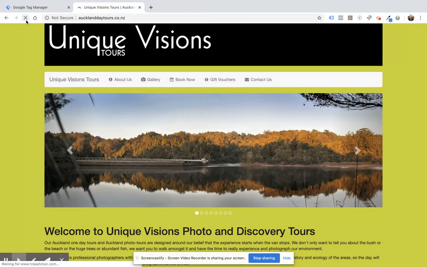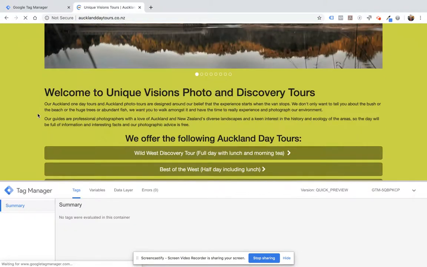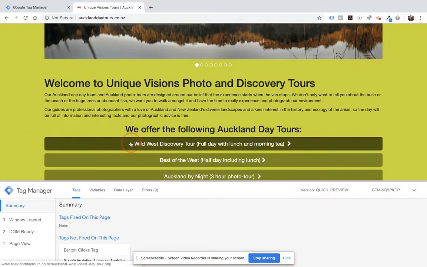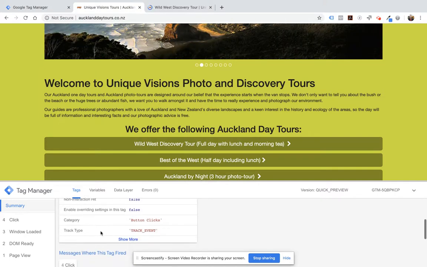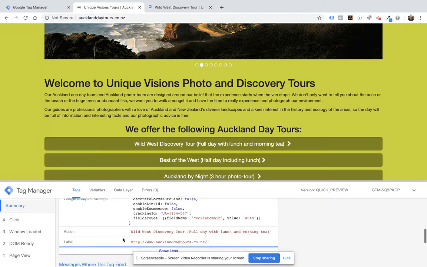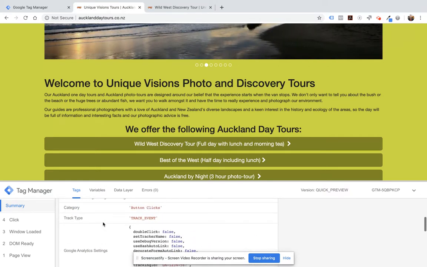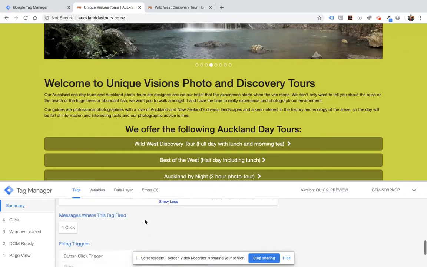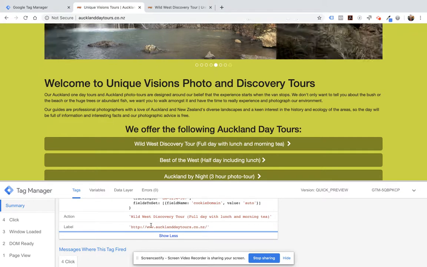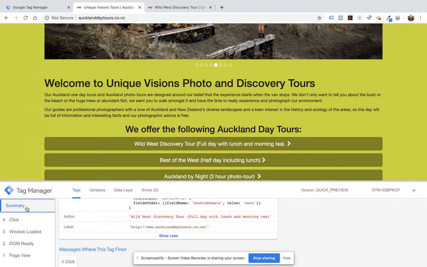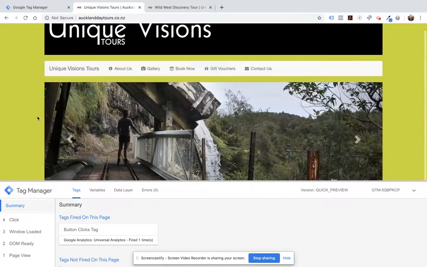Now if we give this a test, this should fire. Perfect. So now we'll send an event to Google Analytics, which is a category of button clicks, an action of Wireless Discovery Tour, and the label of the page. Just to check that set it up correctly, I'll go up to the top,